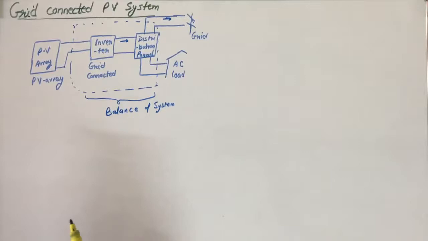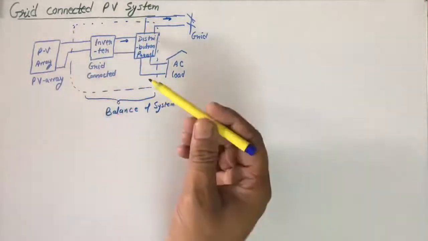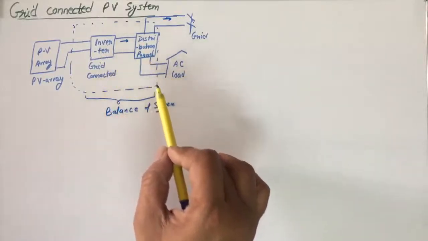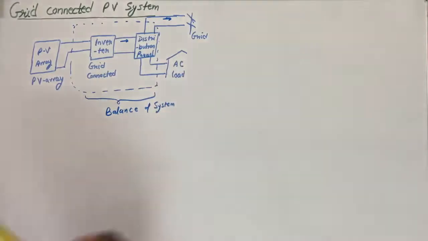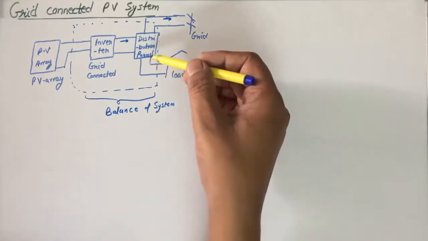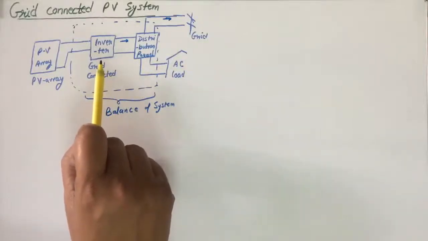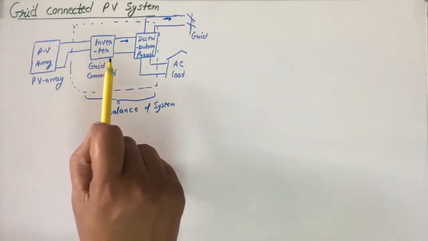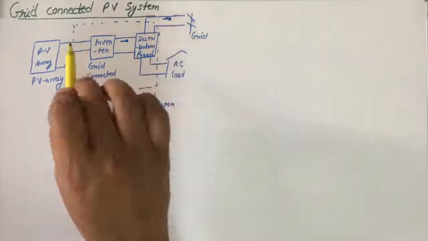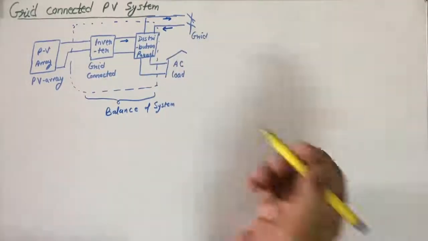After the detailed discussion on the off-grid PV system, let us have a look at the grid-connected PV system. In it, the distribution panel and grid-connected inverter are additional parts placed in the balance of the system, and the grid and loads are connected through the distribution panel. In this system, the grid-connected inverter is the backbone. It is responsible not only for supplying power to the grid as a current source, but also for tracking the grid voltage and frequency.